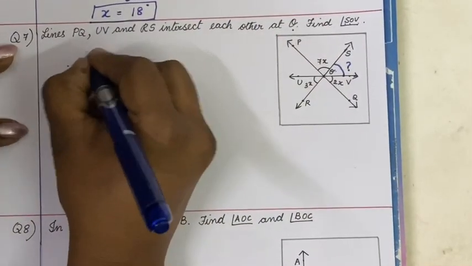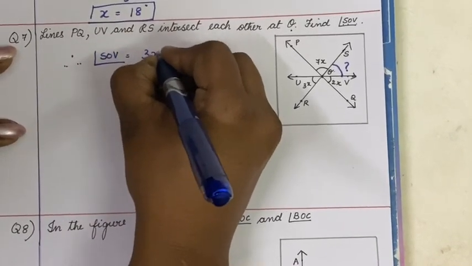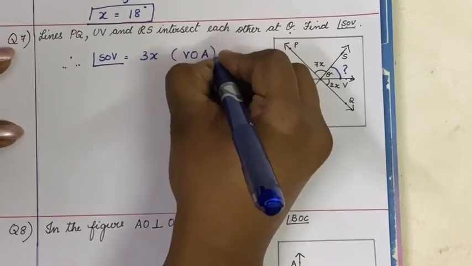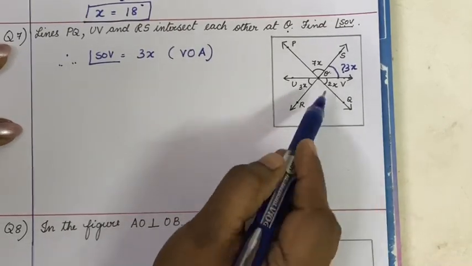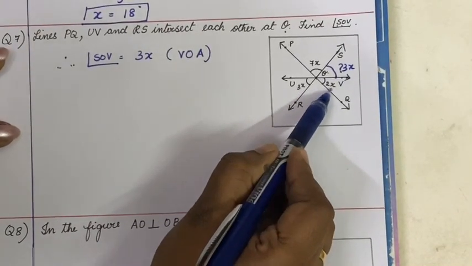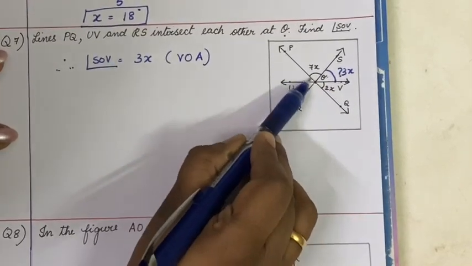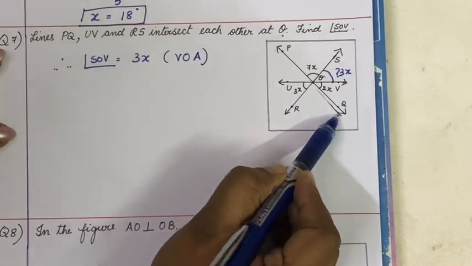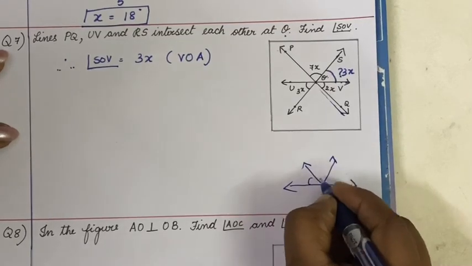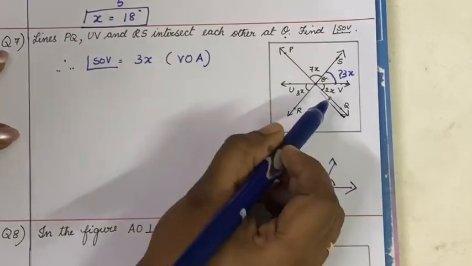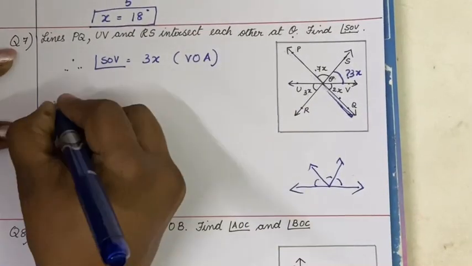So therefore angle SOV is equal to what? 3x because of the concept vertically opposite angle. Now we've got this as 3x. Now looking at this 3x, adjacent to it you have 2x, and this side adjacent to it has 7x. All 3 angles together form what? A straight line. So every time generally we will usually get a straight line and 3 angles like this. But now it is a little tilted, but still the same concept applies. Straight line and there are 3 angles. So we are going to apply the same concept.